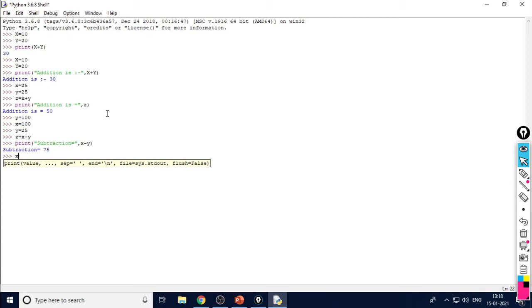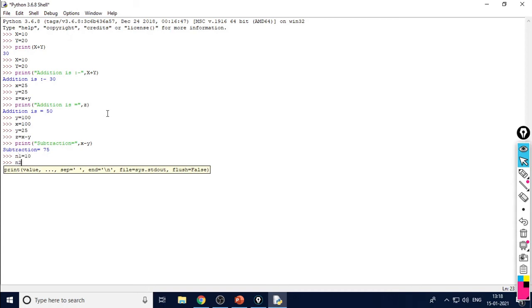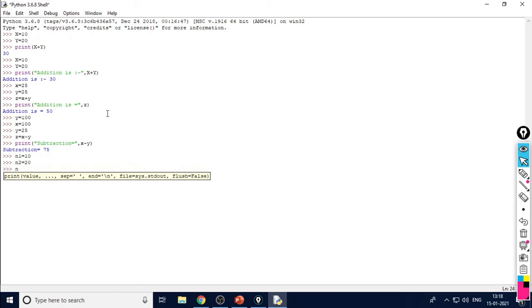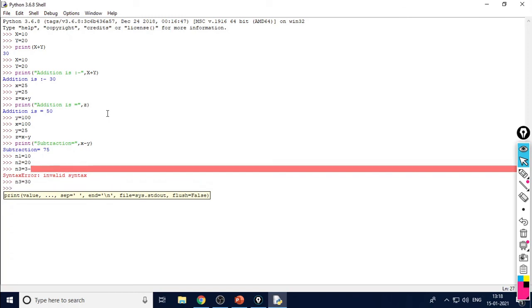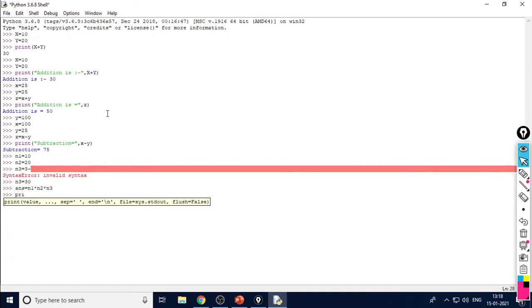Like this for multiplication, you can use variables n1 is equal to 10, n2 is equal to 20, n3 is equal to 30. And answer is equal to n1 * n2 * n3. Then enter, and print this result.